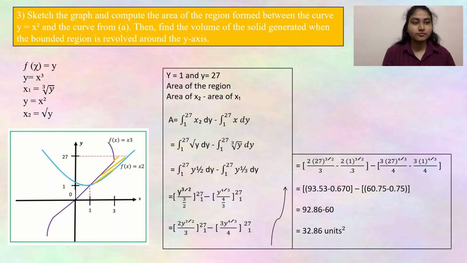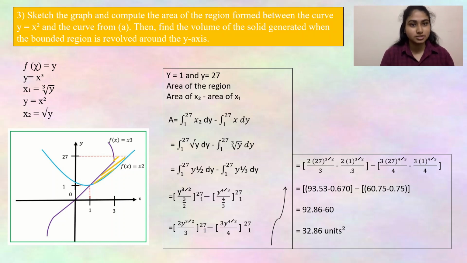And if we solve it in bracket, we will get 93.53 minus 0.67 minus in bracket 60.75 minus 0.5, and we will get 92.86 minus 60,